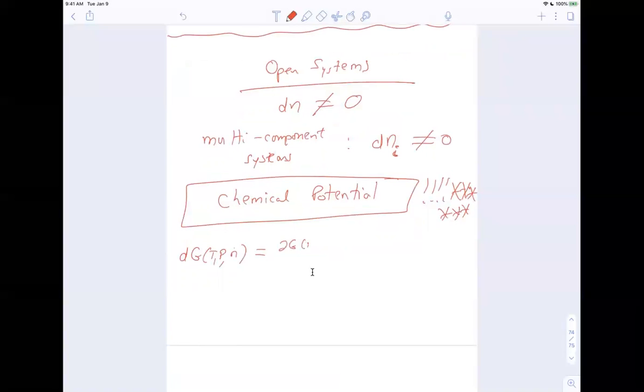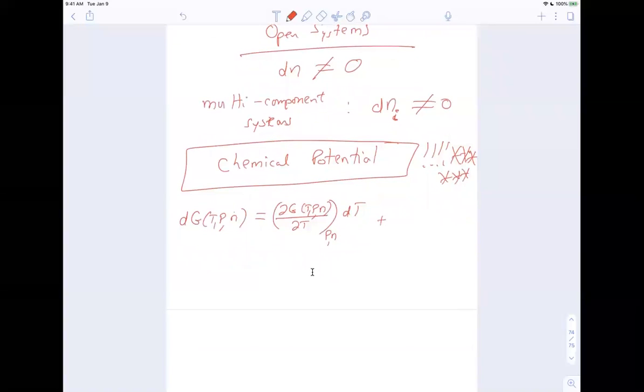G is a function of temperature, pressure, and N. First, we'll take the partial with respect to temperature, but now we have to hold pressure and N constant because G depends on three things. So this first term is the partial of G with respect to T at constant pressure and N, times dT. Then the next term is a partial with respect to P. This time I hold T and N constant, and then I multiply it by dP. And then I'm going to have one more term because I know N can change. So it's going to be the partial of G